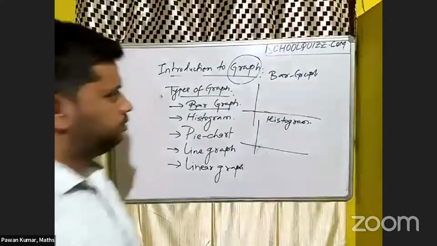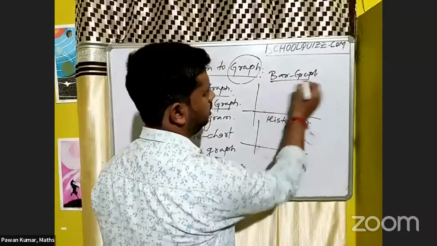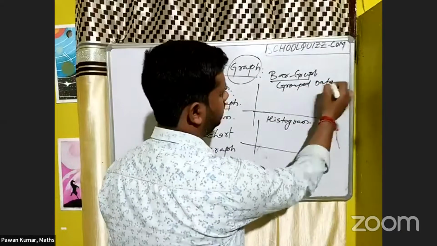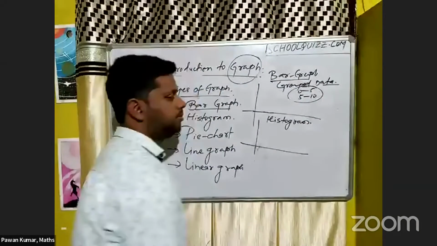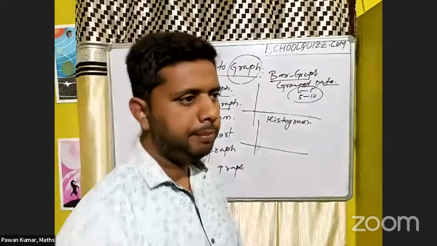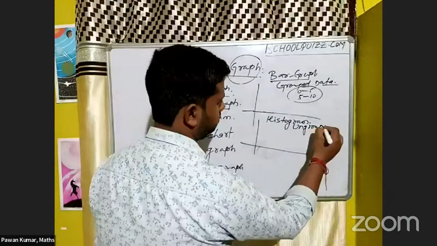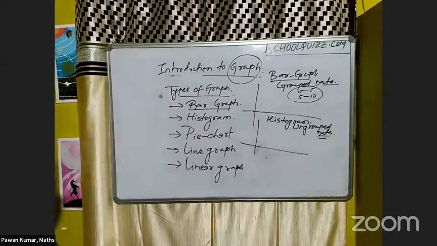Correct. So see, a bar graph we basically use to represent grouped data. Grouped data means like 0 to 5, 5 to 10, right? If I'm mentioning those numbers as class intervals, that type of data we can represent with the bar graph, and ungrouped data is there, where the gap is not there. Ungrouped data we represent as a